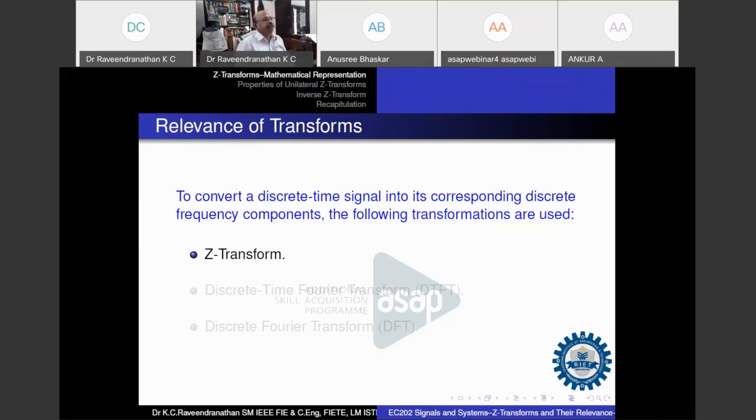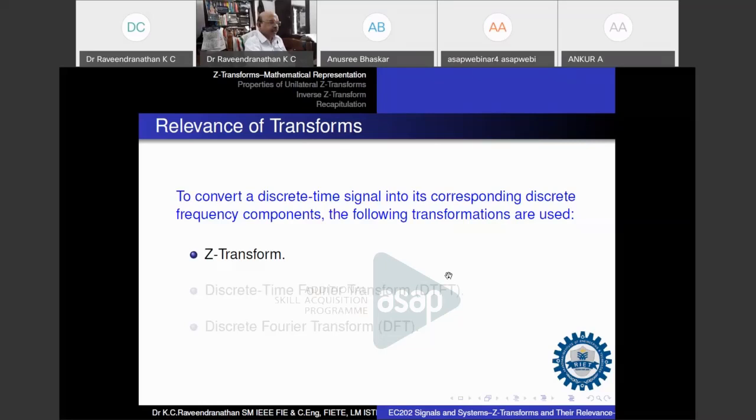Whereas in the frequency domain representation, we look at the frequency components present in the signal, and the Z transforms are applicable to discrete time systems. So we have to sample, quantize, and then apply the transform. And after the frequency domain processing, we will convert back to the time domain representation by taking the inverse Z transform.